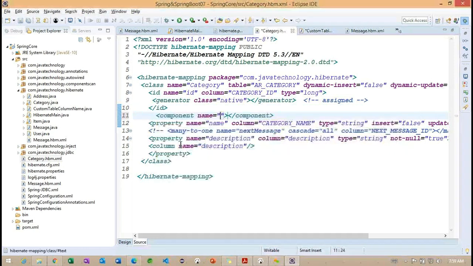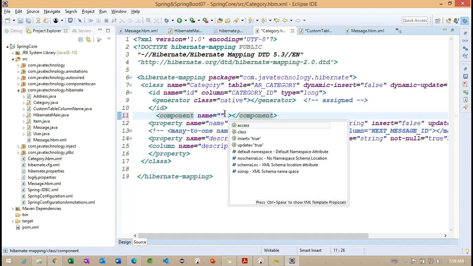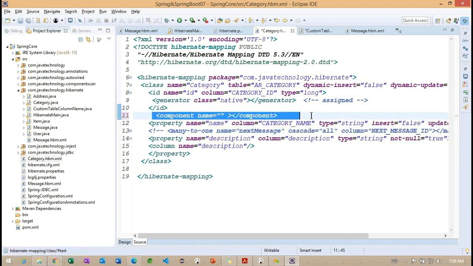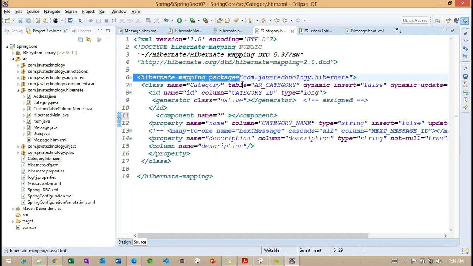Using this component, we have the name of the component, and it expects something like the insert or access class. Which class are we focusing on, and insert and update. We are going to discuss this component more in tomorrow's class, because we are focusing more on Hibernate mapping.